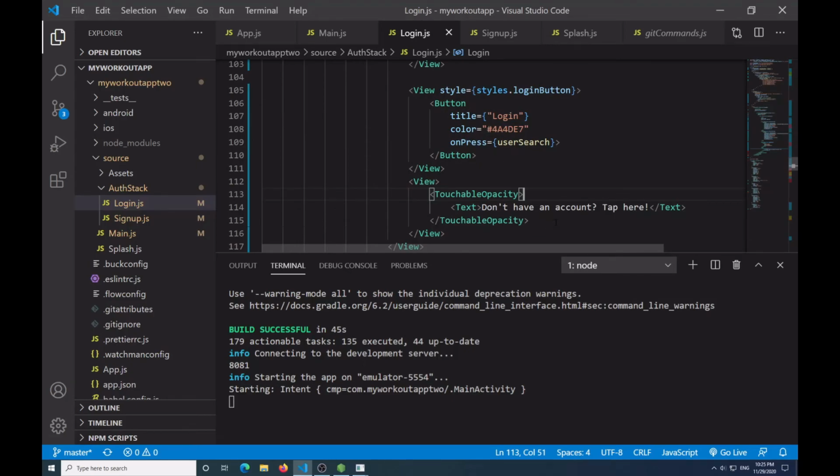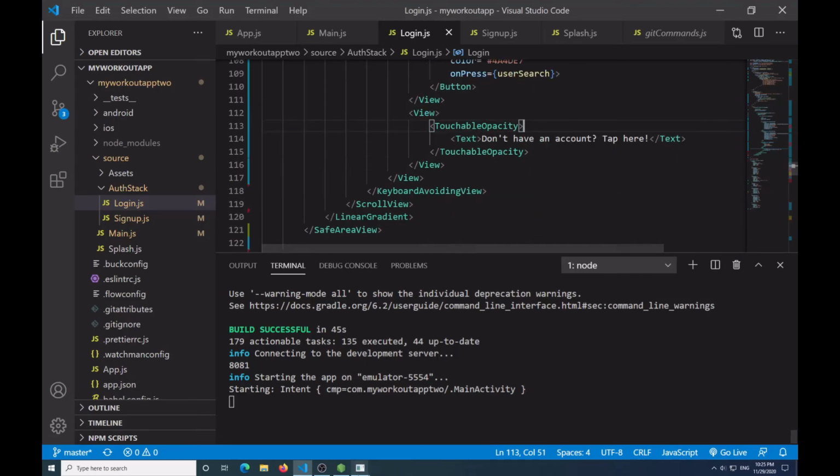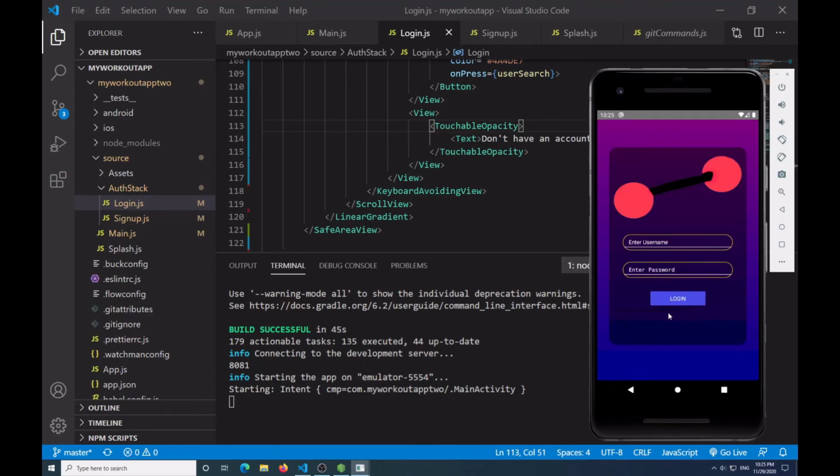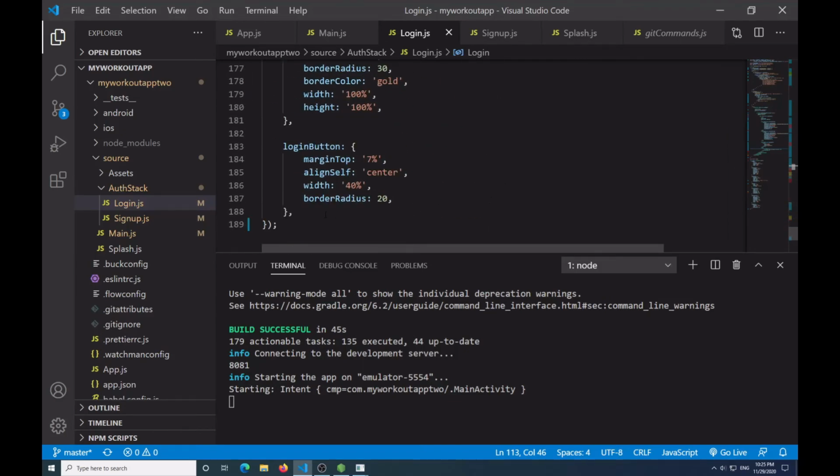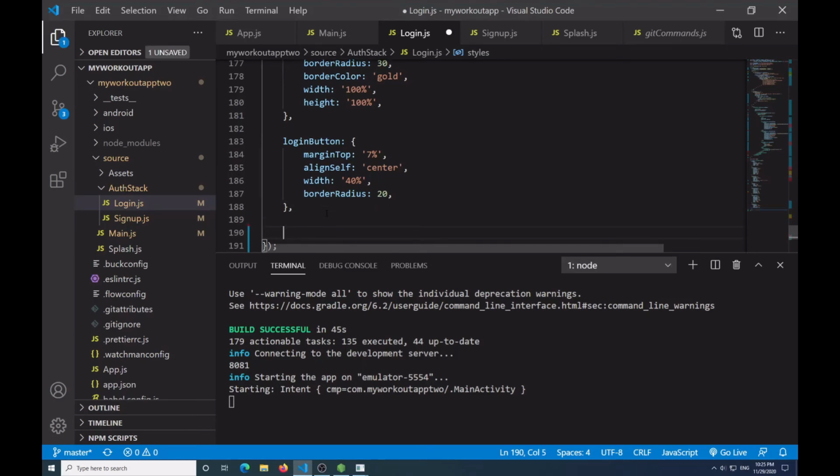And now for this next one, which is the last one, it's going to be the touchable opacity. So I'm going to make this look a bit more nice and pretty too. So for this, I'm going to call this the sign up view and the sign up text for the text within the opacity. So I'll say sign up, sign up view,